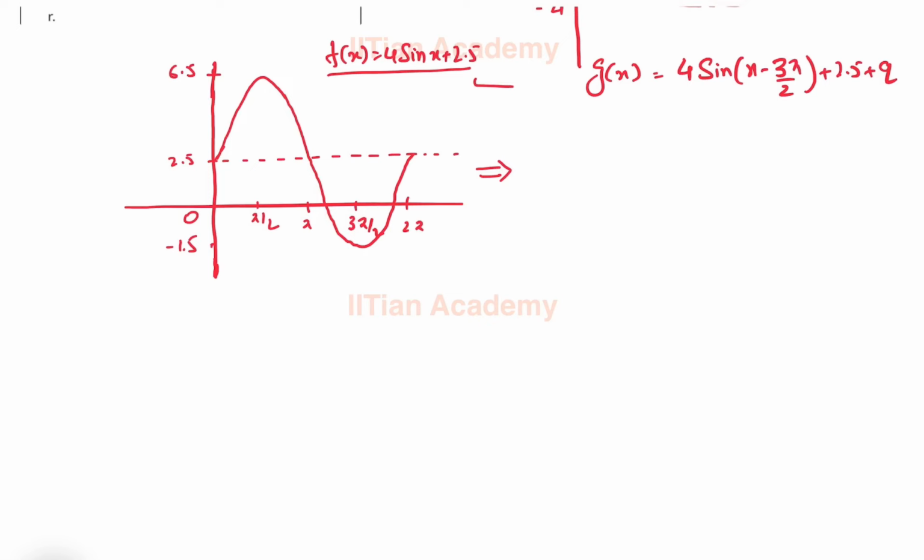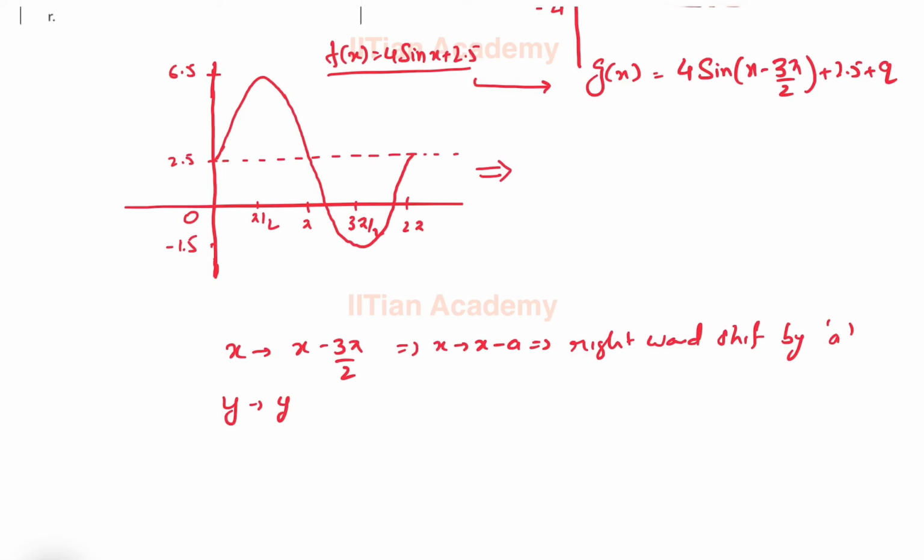Now we have to understand that for going from f to g, a few transformations are done, which is first x has been replaced with x - 3 pi by 2. So we know if we replace x by x - a, there is a rightward shift by a,